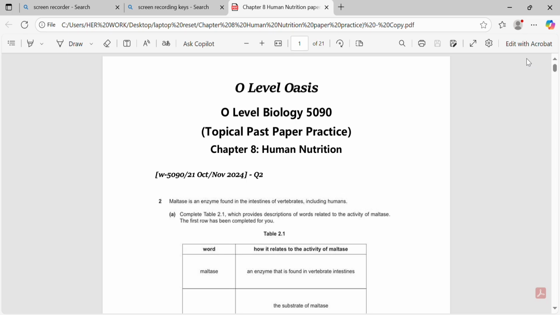Today, we're diving into O-Level Biology Chapter 8, which is Human Nutrition. We'll be working through past paper questions together to strengthen our understanding of the concepts we have already covered in